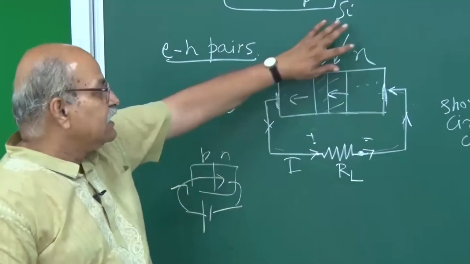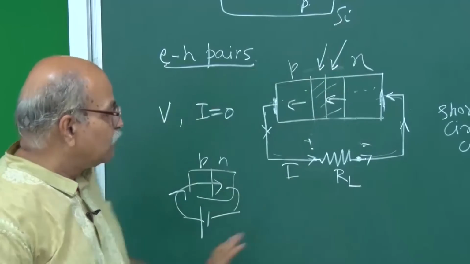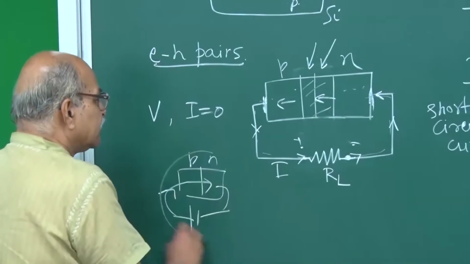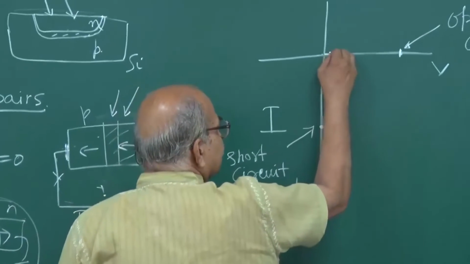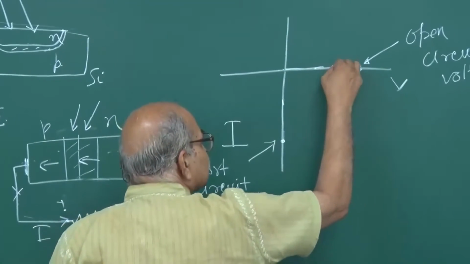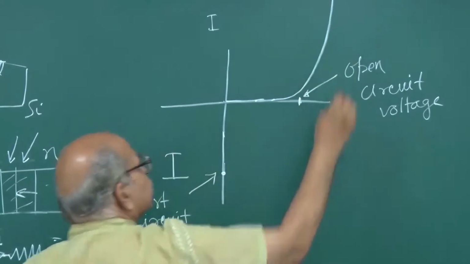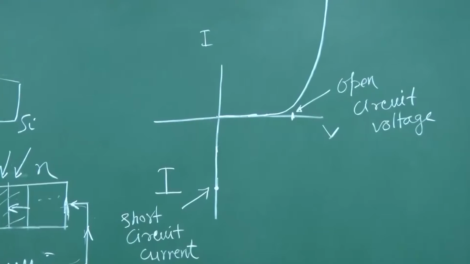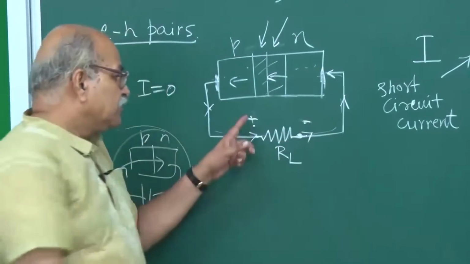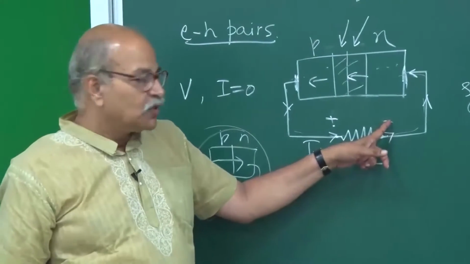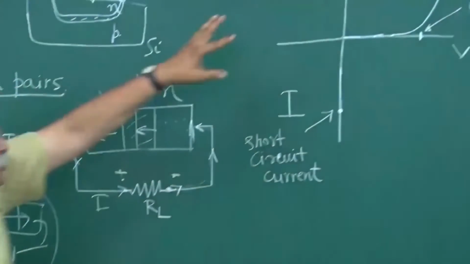If you do not have any light, what happens? If you do not have any light and you apply a voltage to a normal p-n junction, that characteristic is like this. You know that? That characteristic is like this for a typical diode. Now, if I am putting this RL and this side is becoming higher potential and this side is becoming lower potential, then I am doing some kind of forward biasing, and this kind of current will be superimposed